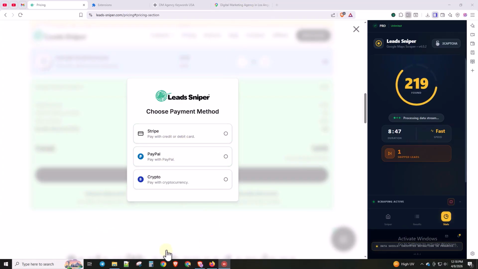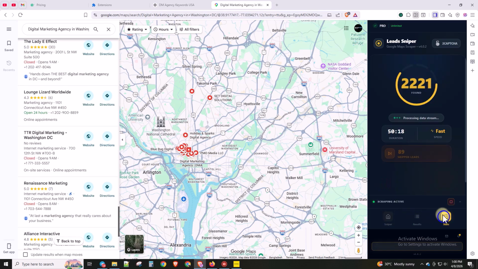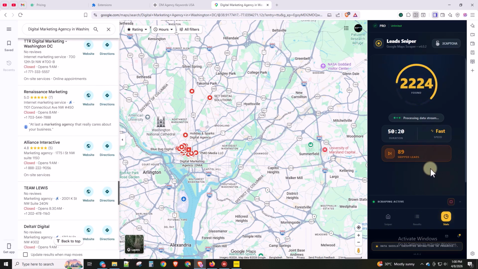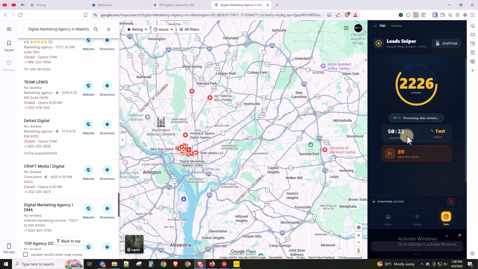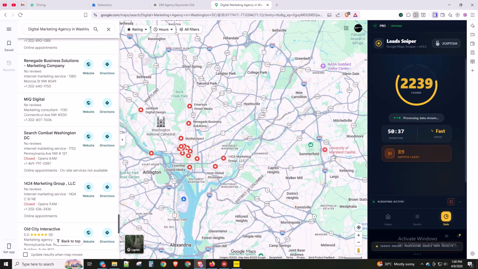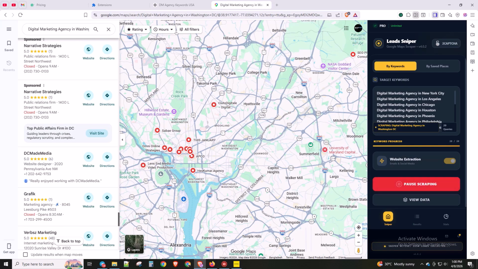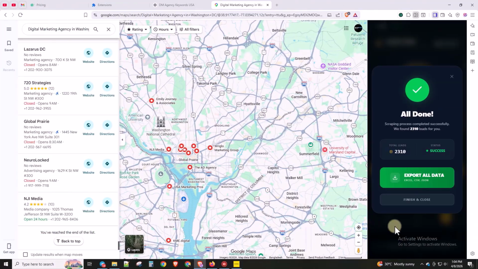Now I will wait until the scraping is finished, then I will show you how much data we have collected and how long it took. Just after 53 minutes, the scraping process finished and we got 2310 leads. Now if I click on export all data,